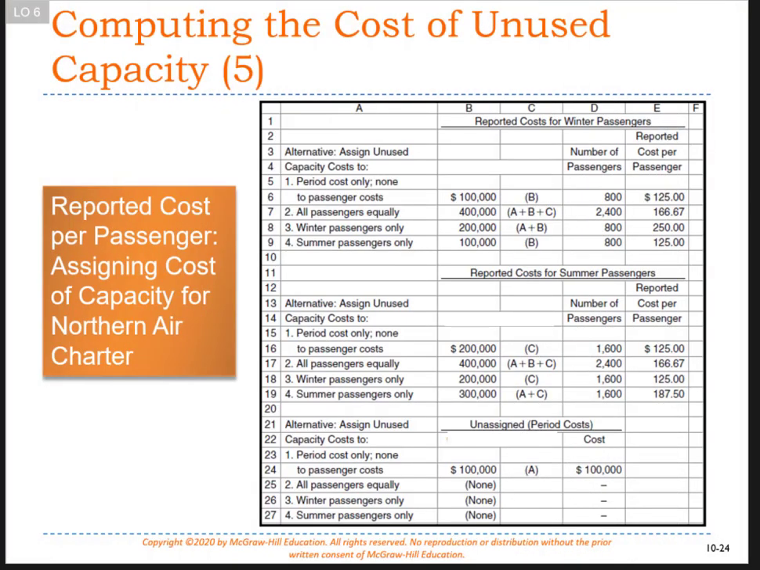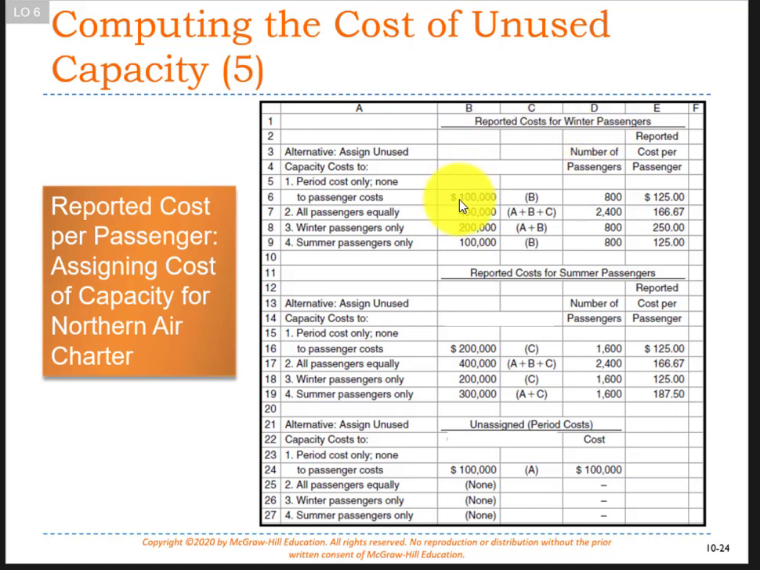The question is, how do we treat the costs of the excess capacity when we don't need it? How do we deal with that from an accounting standpoint, or even a management standpoint, if we're looking at how to set our prices? Okay? So this is a spreadsheet kind of showing some ways you can think about it. Okay? So the cost for winter passengers. So if we think of it as two products, winter, summer, all right,